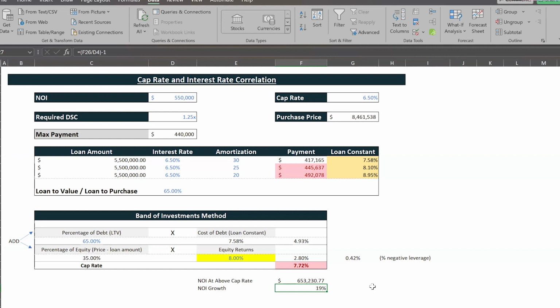A cap rate is a snapshot in time. This is how you determine negative leverage on a deal. But keep in mind, what equity returns will I actually achieve over the course of this investment? That would require you to do a discounted cash flow analysis for all of the years that you plan on owning your deal, putting in your reversion